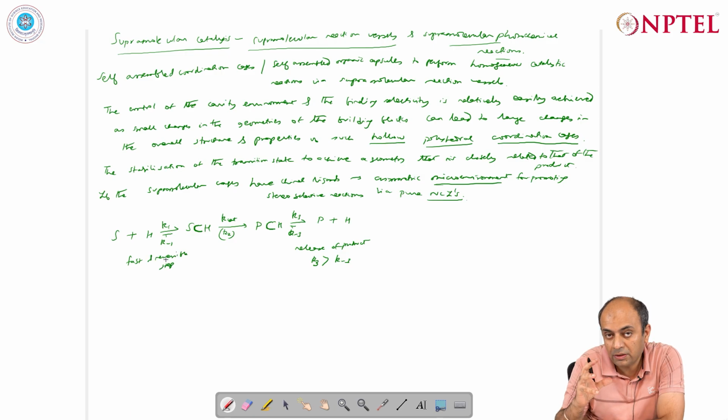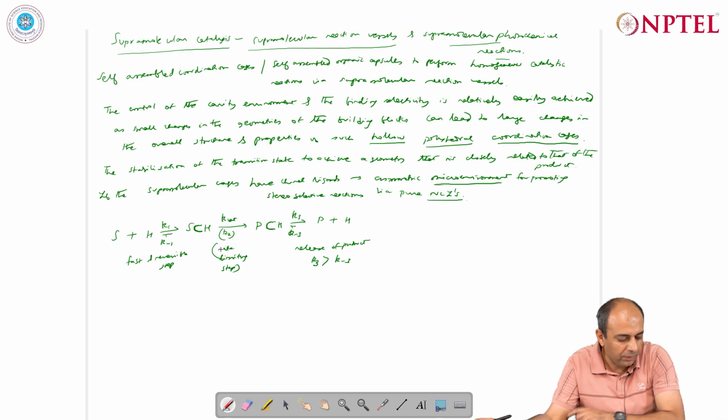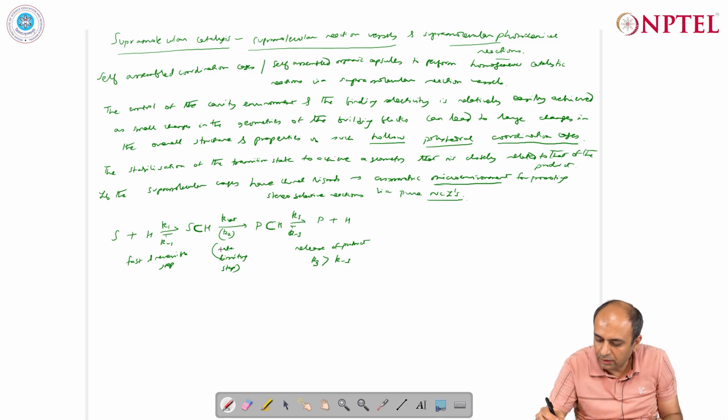So, the first step is such that the substrate must be able to bind to the supramolecular cage, but then if this process is not favorable, it should also be able to disengage, and therefore, the step should be reversible. And the second step, which is the catalytic step, where actually the transformation of the substrate to the products takes place, is actually the rate limiting step. So, it is in this step that the conversion from the substrate to the products takes place, and we can actually represent this by